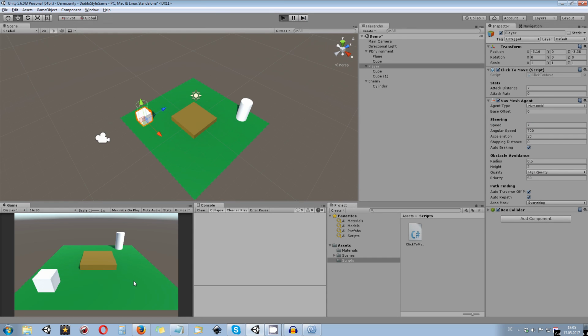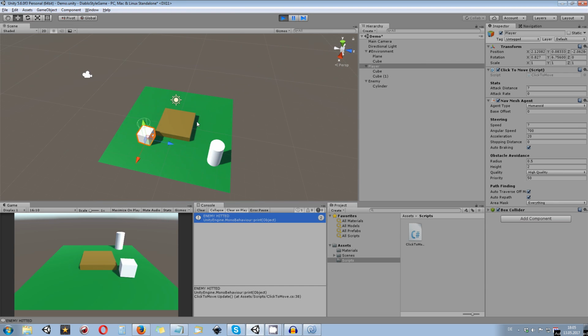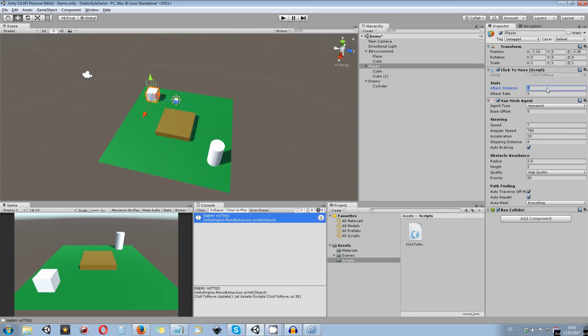So I'm going to put this one once again at this point. Go here, we are able to attack. Not sure what the distance was. Oh, I was increasing the distance to 7, so you can see it's only going until that point,